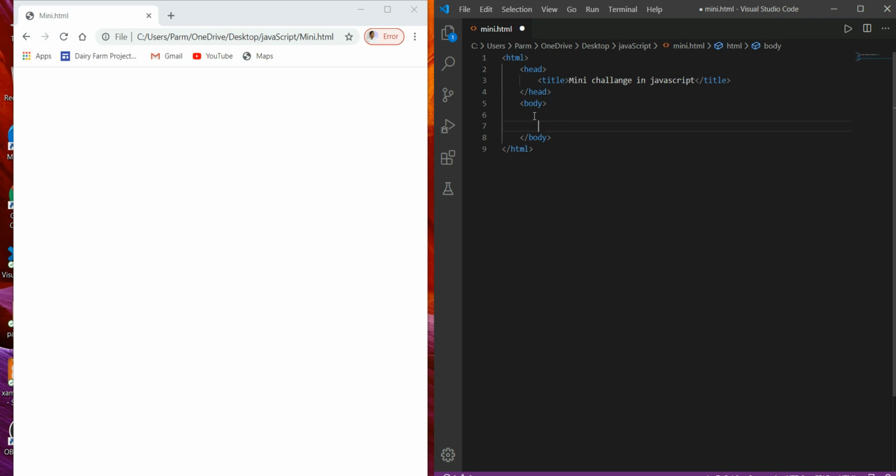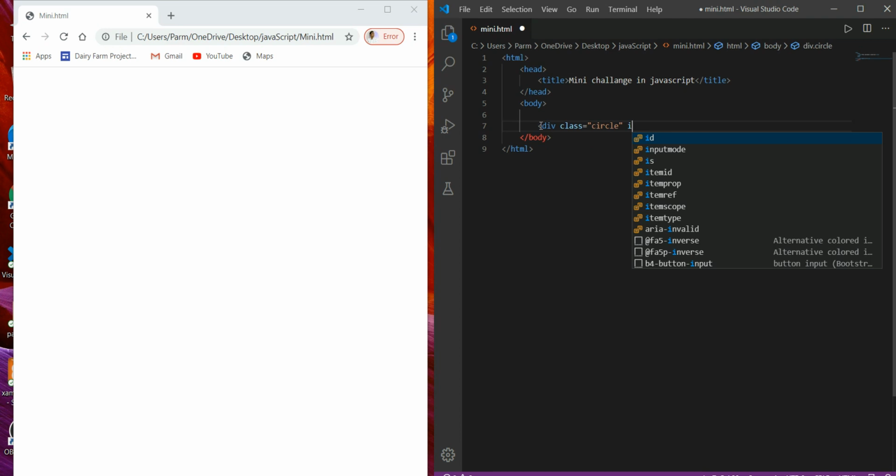Now we know that in order to create the circle we have to make a section over there. So for that we will use a div element, and here we use one class. I'm just giving the name of the class as circle, and here we are going to create three circles of different colors, say red, green and blue.